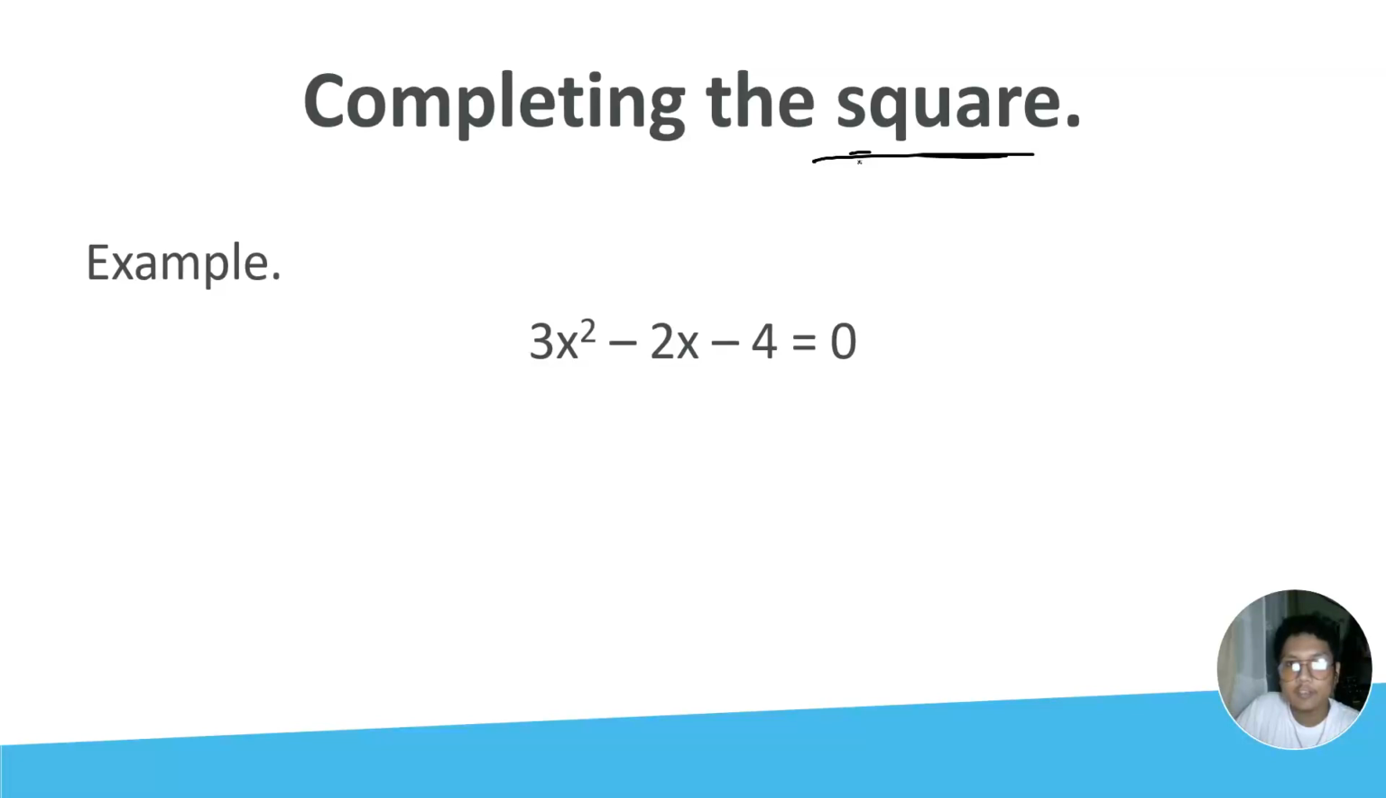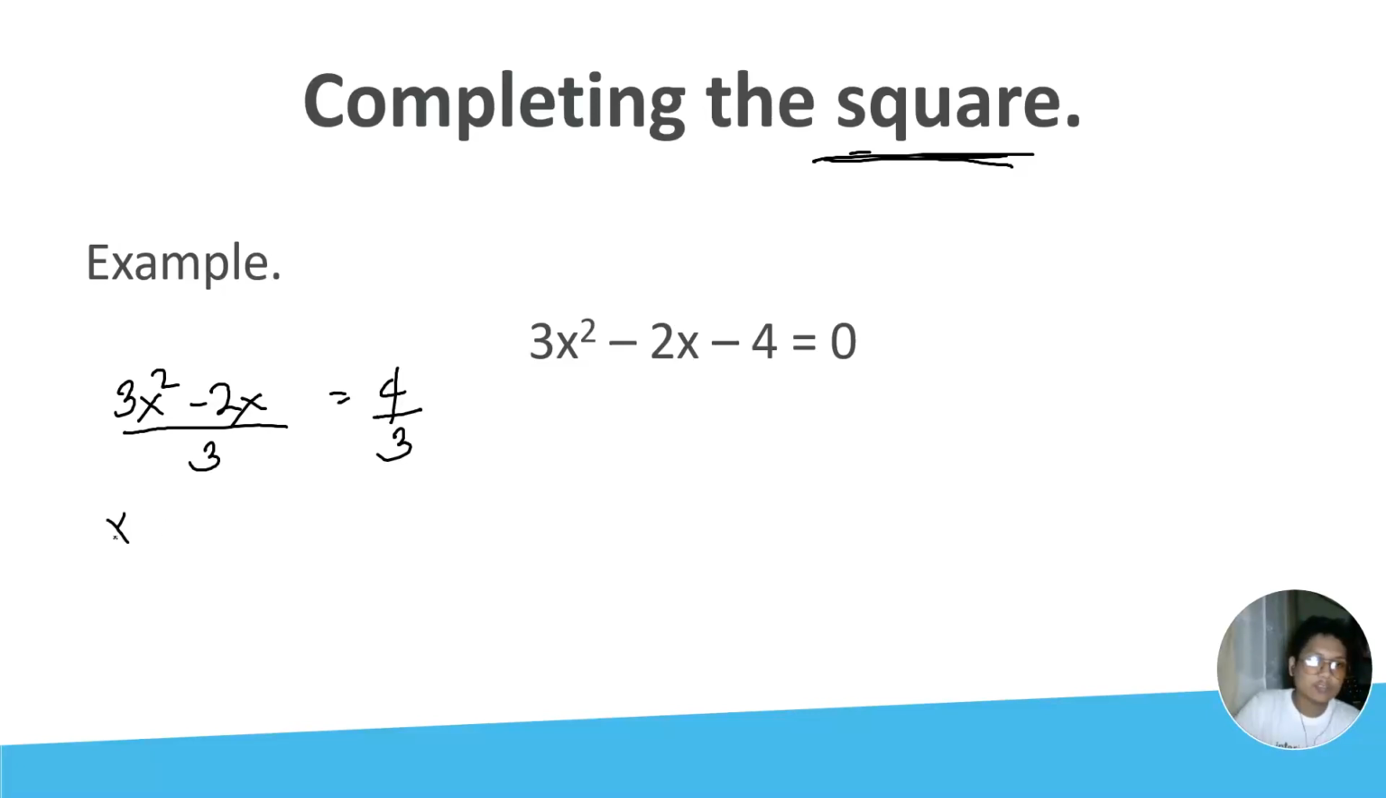By completing the square. So, gagawin natin dito, unang step is to transpose the constants sa right hand side ng equation natin. So, we'll have equals to positive 4. Then divide both sides by the coefficient of the second degree term, which is 3. So, divide both sides by 3. Kaya magiging x squared minus 2/3 x is equal to